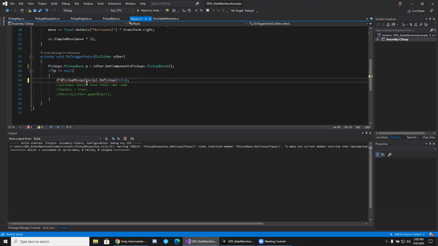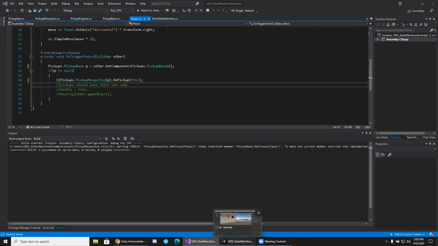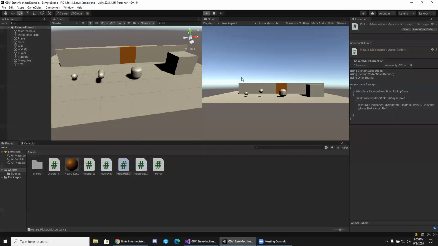And I forgot I did the pickups namespace, so we'll have to add that. And that's actually looking to see if this type is actually a pickup mosquitoes, even though it is a base before it's calling now. So now when it hits, it's just going to call that one type versus going through that parent hierarchy. It's completely ignoring that now because we've done the new keyword. We're hiding that previous member of